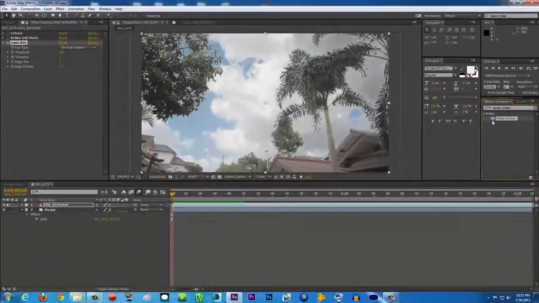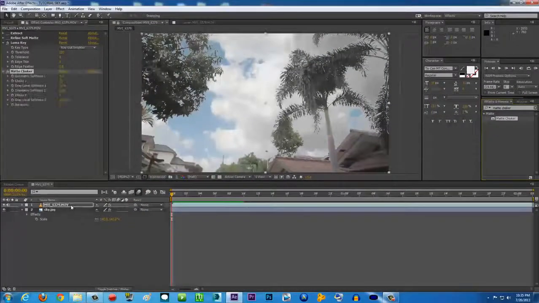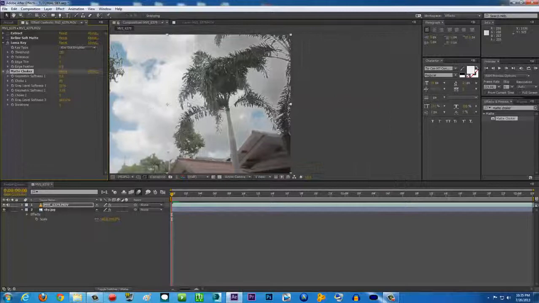There you go, matte choker. Click and drag it to your video also, and you're going to play with the settings here. Maybe punch it a little bit for me, 7, choke 1. Basically just play with the settings, geometric softness, to make it just a little bit soft. There you go. But actually, as you can see here,